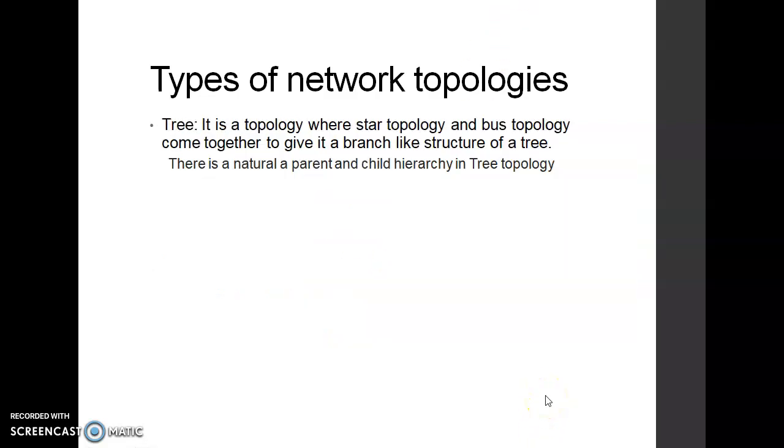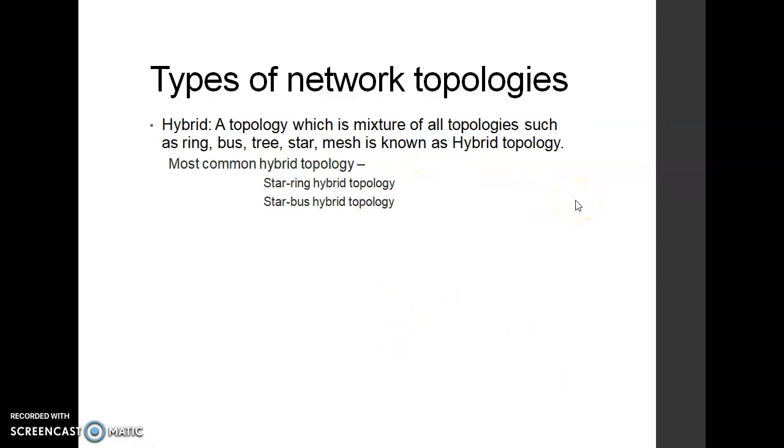Tree topology is the topology where star topology and bus topology come together to give it a branch-like shape of a tree, and there is a parent and child hierarchy in the tree topology. Types of network: hybrid, a topology which is a mixture of all topologies such as ring, bus, tree, star, mesh, is known as hybrid topology. The most common hybrid topologies are star ring hybrid topology and star bus hybrid